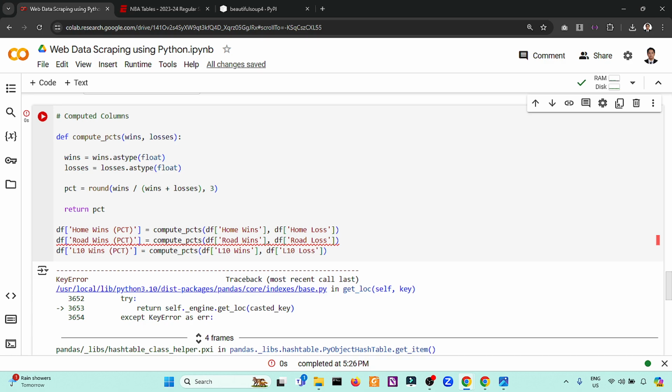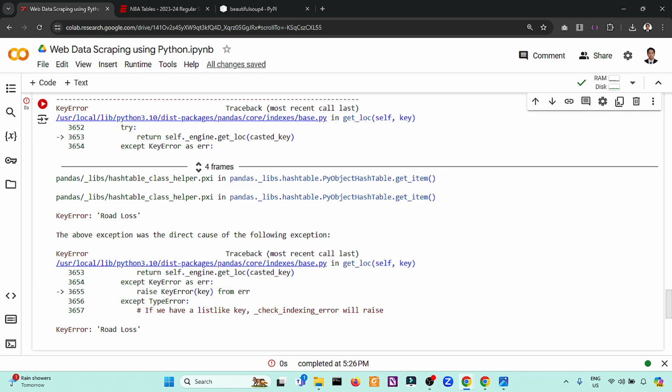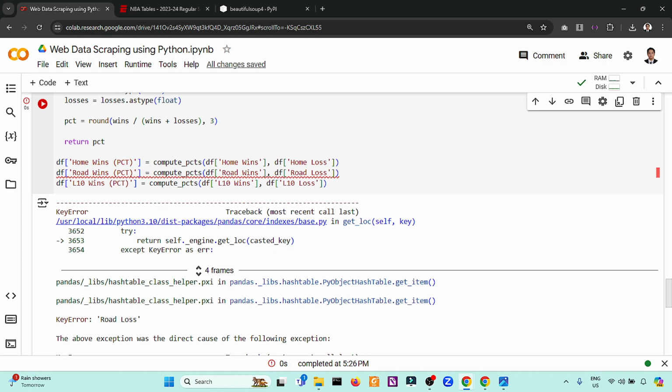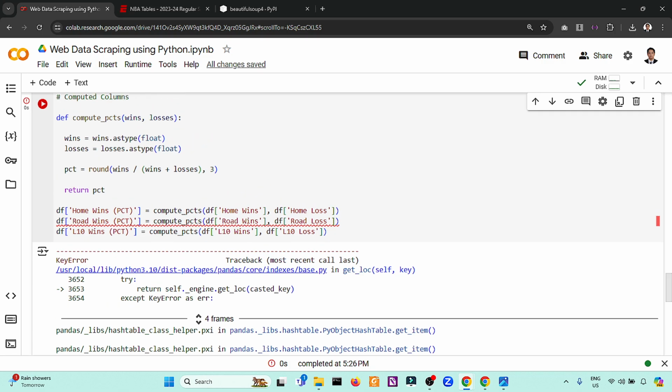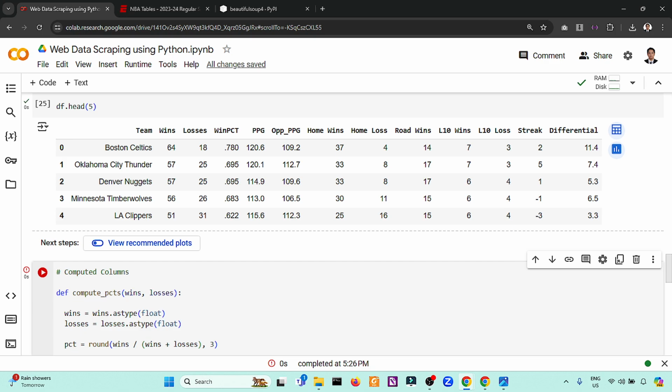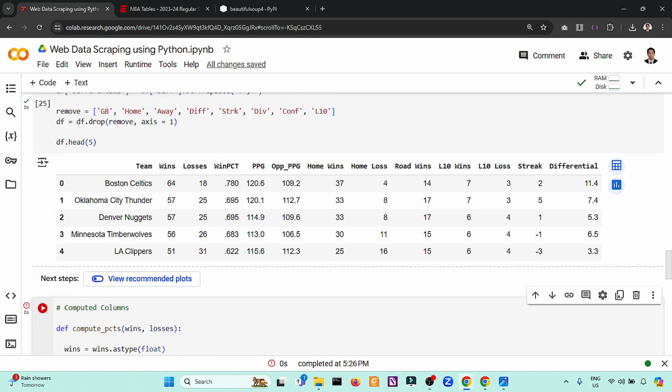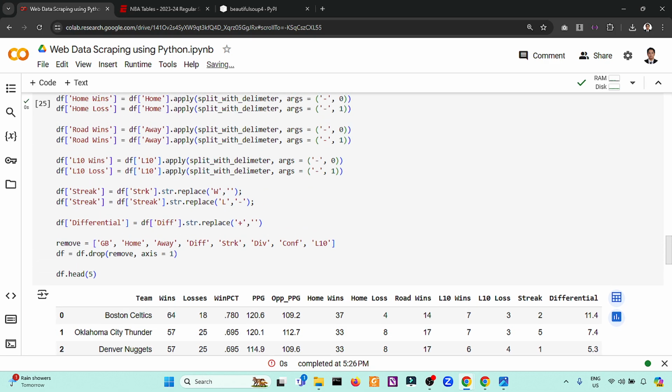So we have an error here. So we have, let's see, road loss. We have a list like key. Okay, so this TF. So let's see for the road loss. So road wins, home loss. Ah, we don't have a road loss.